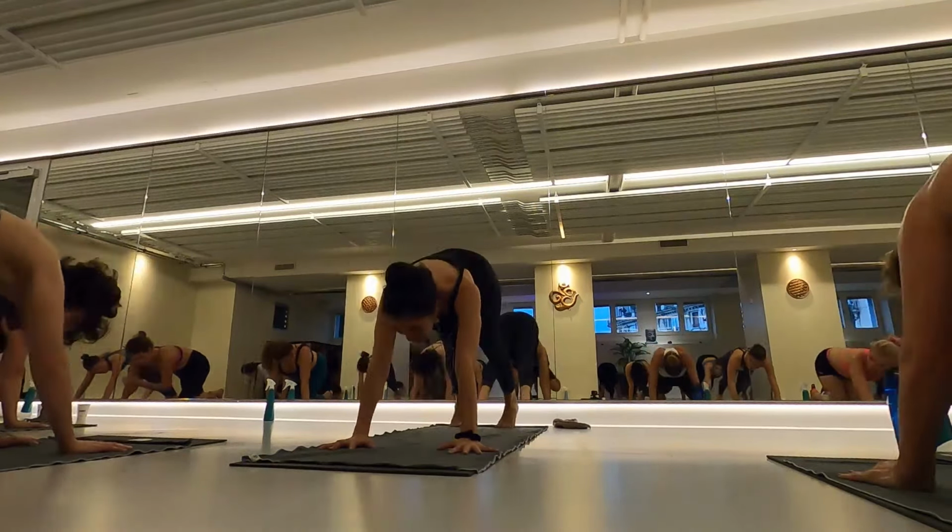Fingertips are light. Now step the back foot forward and back without changing anything else in your body. Forward and back. Forward and back. Forward and keep your fingertips light on the ground. Forward and back. Exhale, inhale. Good. If you can, maybe lift your hands to your chest. Up. Good. Back. Nice, guys. Forward and back. 6,